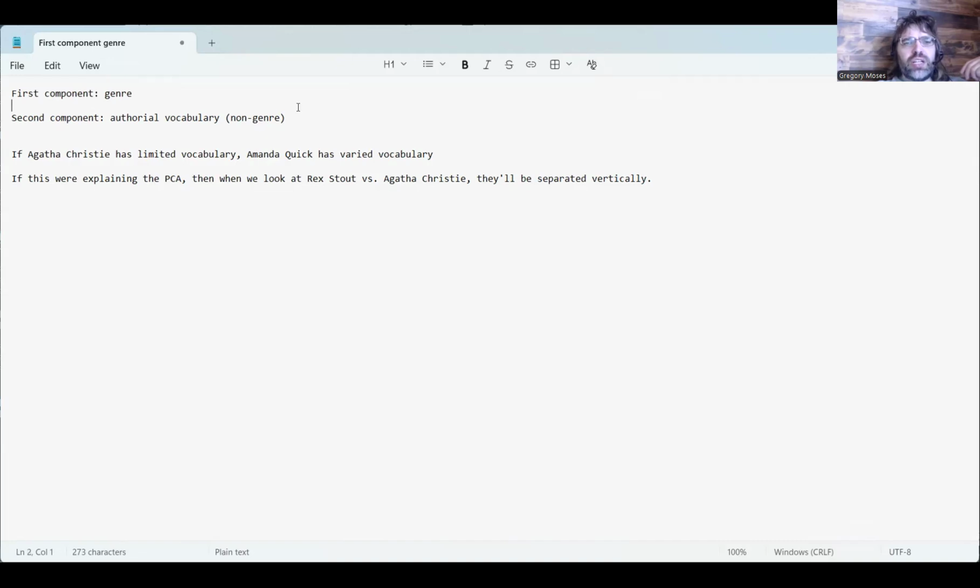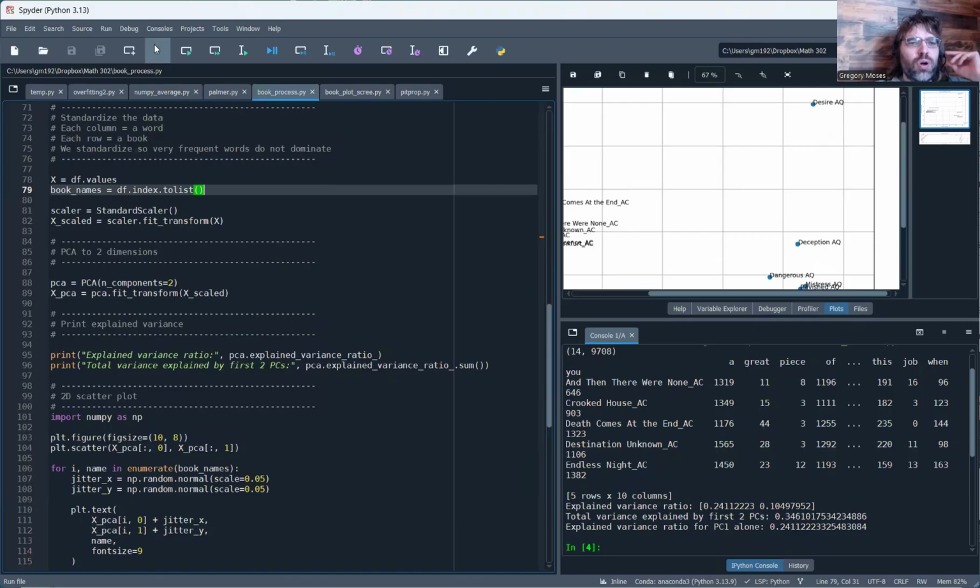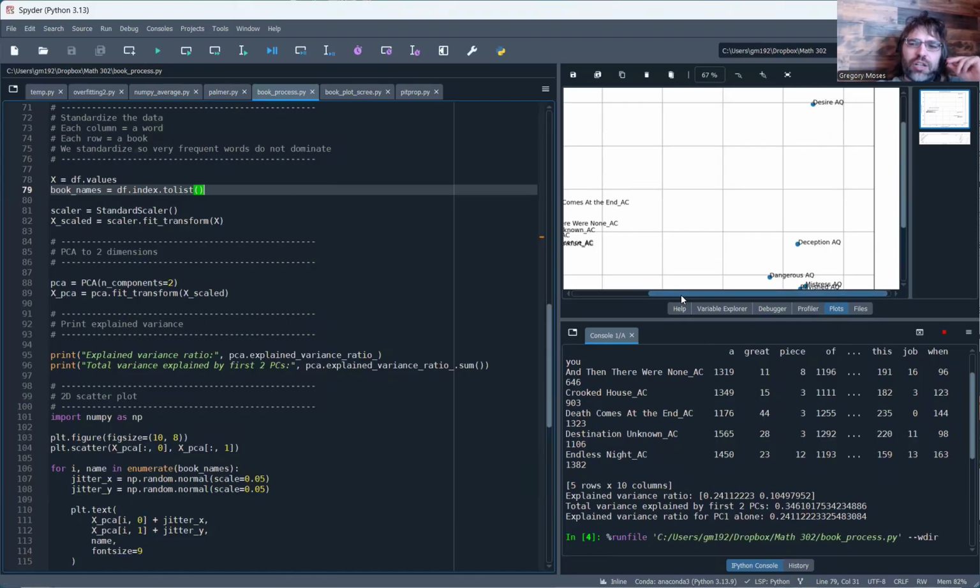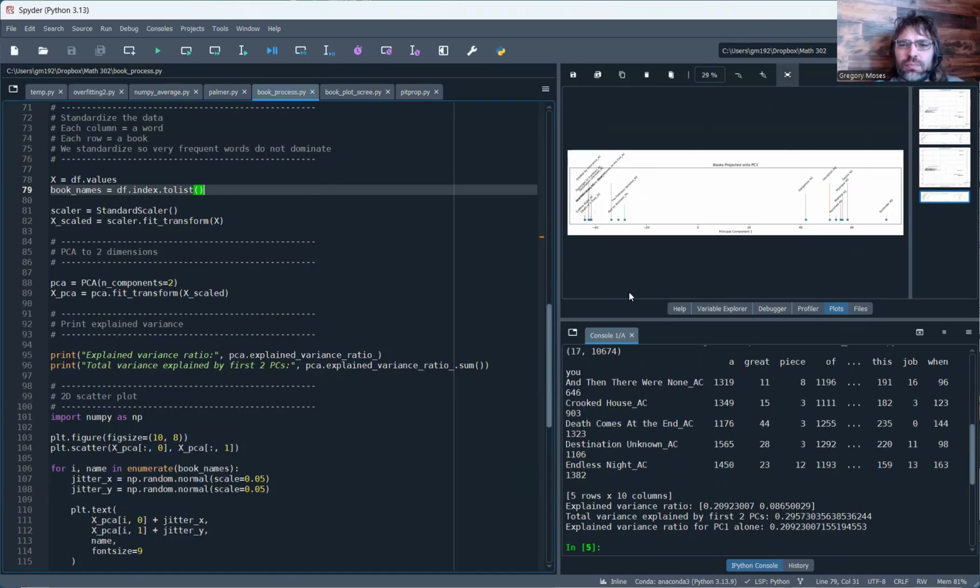If the second component is really looking at distinct vocabulary, Agatha Christie and Rex Stout will have very distinct vocabularies and we'll be able to see them far apart from each other. And that's not what we're going to see. I mean, of course, I've run these simulations before. If we run this again with Rex Stout in there,